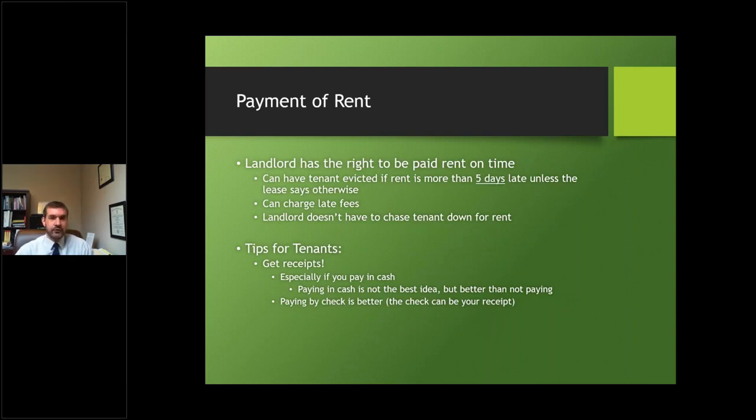If the landlord refuses to give a receipt, which is something that we hear not infrequently, unfortunately, the best advice I can give would be to keep a ledger. Just keep a piece of paper or anything where you write down the date, the time, the amount paid, the method of payment, whether that's money order or cash or personal check, something like that, especially if you're paying in cash, because there's no way to go back and reconstruct what was paid based on either bank withdrawals, or it's